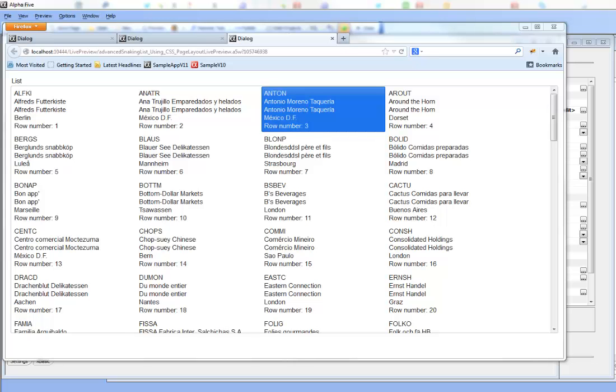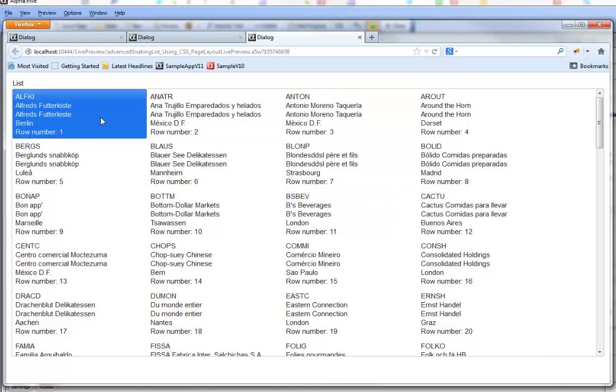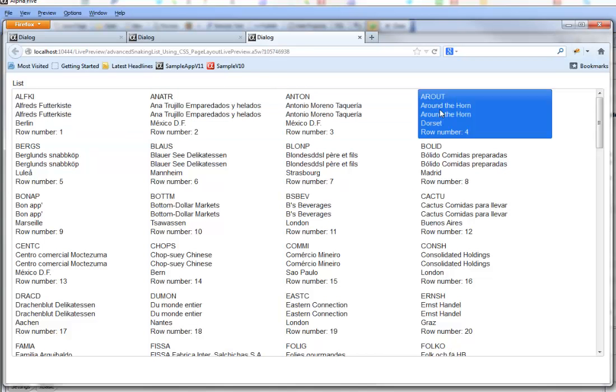This video is aimed at advanced developers who have a strong understanding of CSS and in particular media queries. So you can see here we have a list control, and the list control looks like it's snaking. So you can see there's record number 1 in the list, there's record number 2, record number 3, record number 4, etc. But what you can see now is when we start to change the size of the browser here